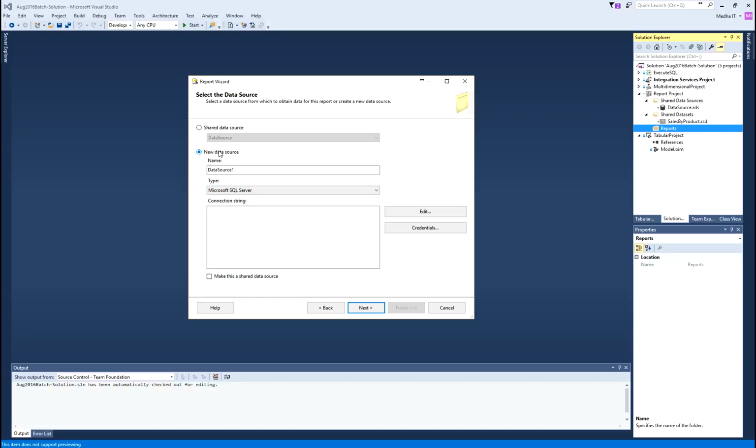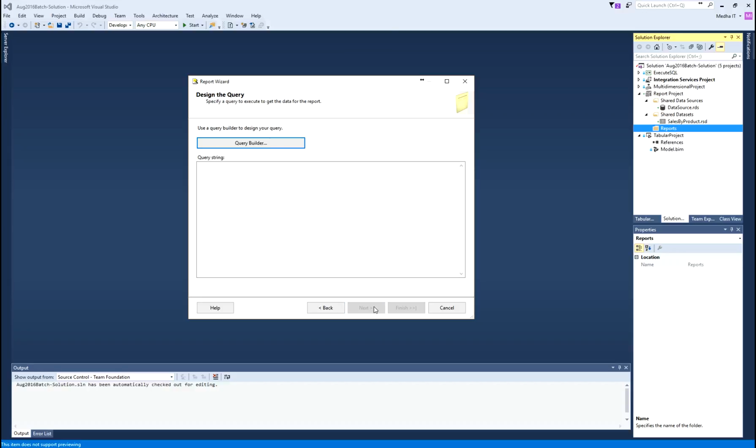That is the difference between a shared data source and a local data source. This option enables us to create a local data source, meaning the data source that is accessible only in this report. So, I will go ahead and pick the shared data source that we already created and click next, and then it asks for the query, what kind of query we need to use to run the report.